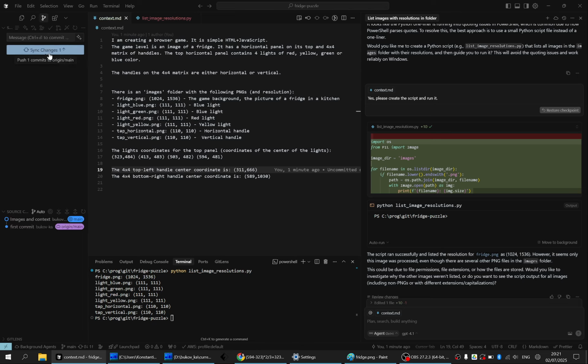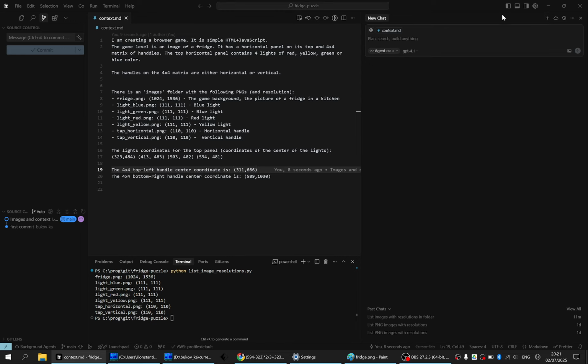This context is really important because we are going to include it in each chat. This chat doesn't make sense, we need another one. And let's try with this simple model and see if it's good enough. So it's already there,